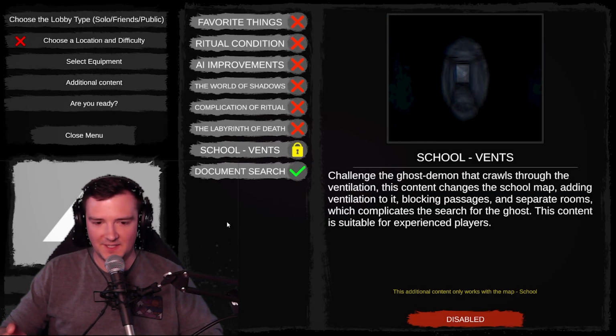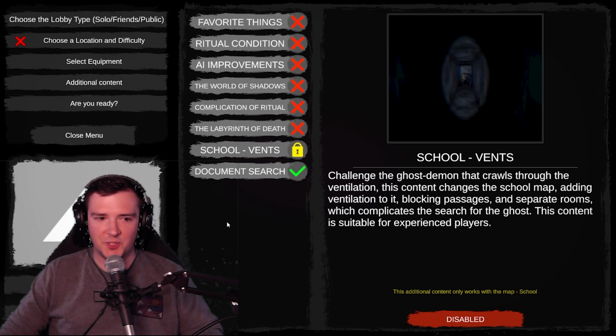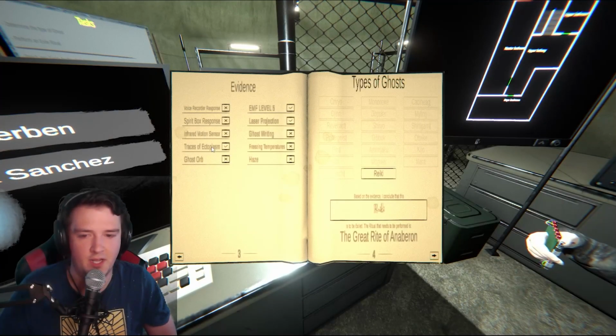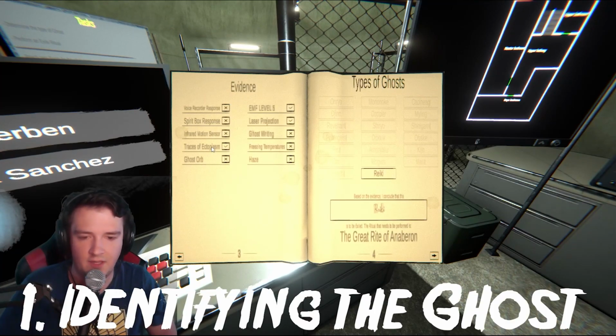Contrastingly, Ghost Exile adds additional challenges for the hunters to overcome that bring a three-dimensionality to the game. There's a new additional content that we can select called the school events. All of the following steps must be done correctly in order to win the match. Hunters must balance identifying the proper ghost at hand, faking two evidence pieces at once,